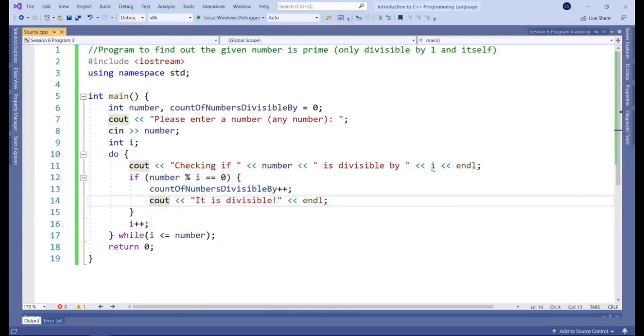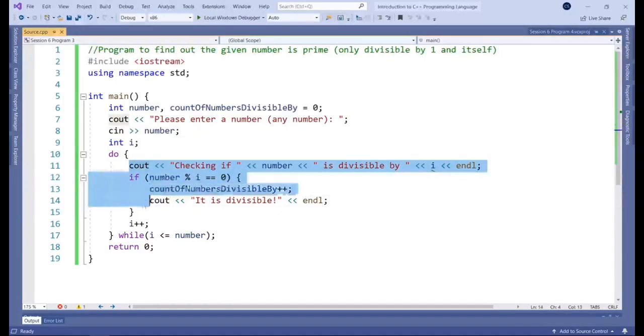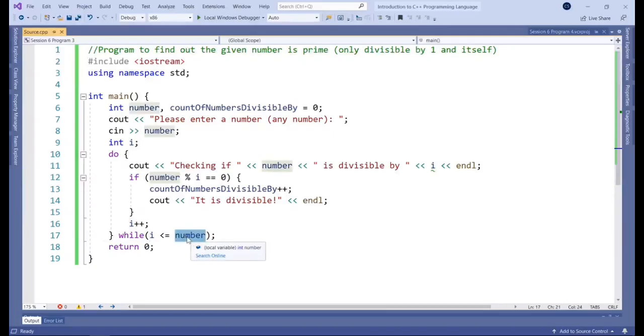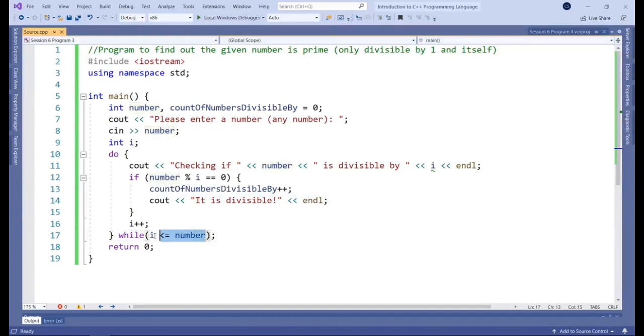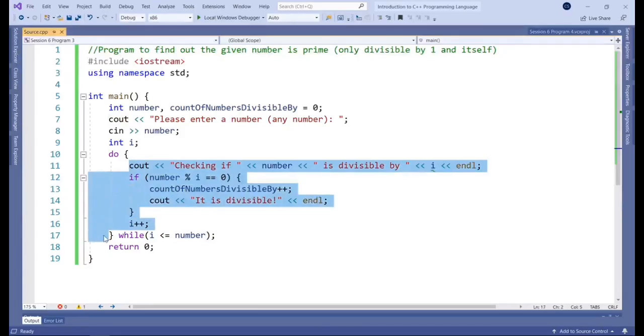Obviously, we have a situation where, for example, you enter the number 5 in here. This code will get run once. I will get incremented to 2. And then you're looking at 2 is less than or equal to 5. And then, and only then, when this condition is true, are we going to get a loop around effect. So it will only loop around a second, third, fourth time, and so on if this condition is true. Regardless of the condition, this will always be executed at least a minimum of 1 time. So it's just one thing to bear in mind.